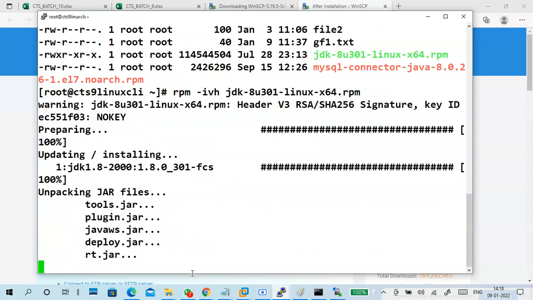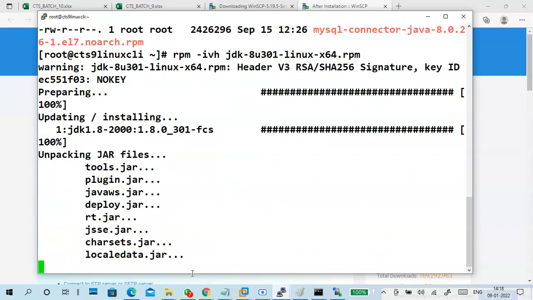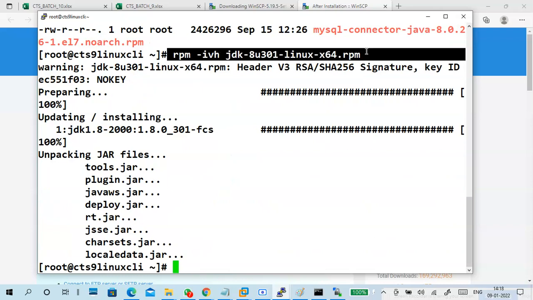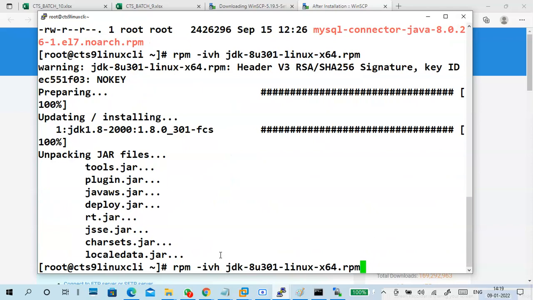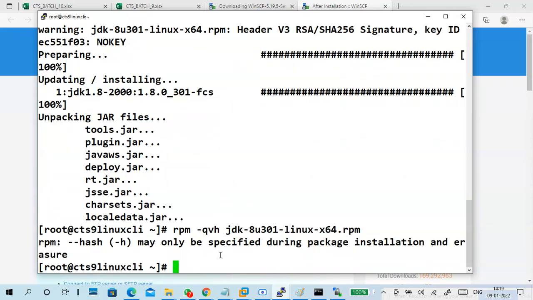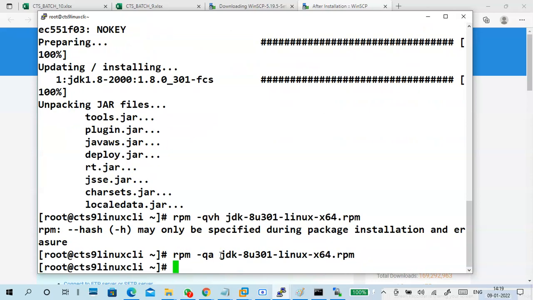That is OpenJDK. See, RPM installed. You want to know what is inside? You can also type rpm -q, querying, rpm -qa I think. Not showing anything, okay, it's okay.